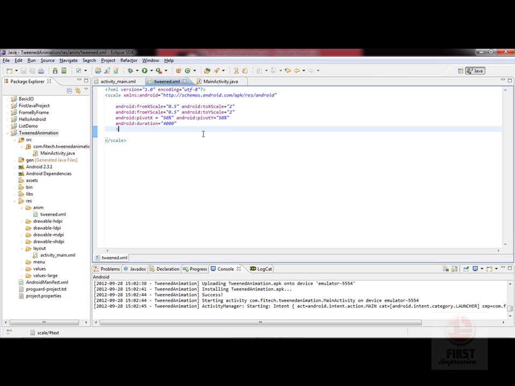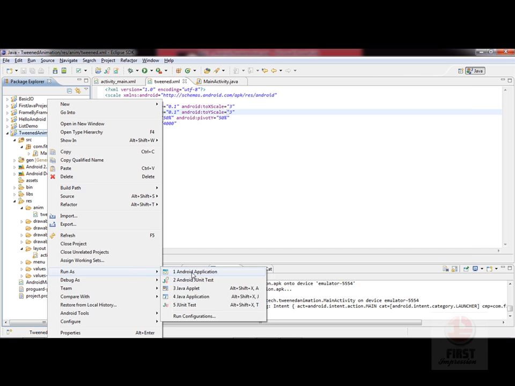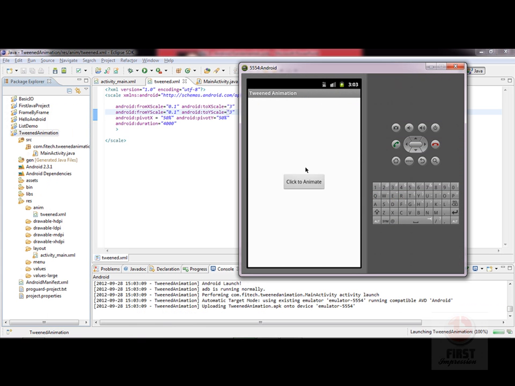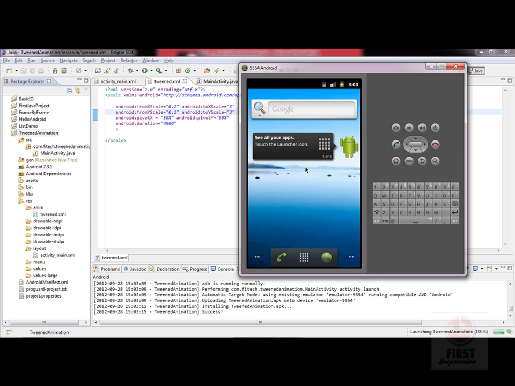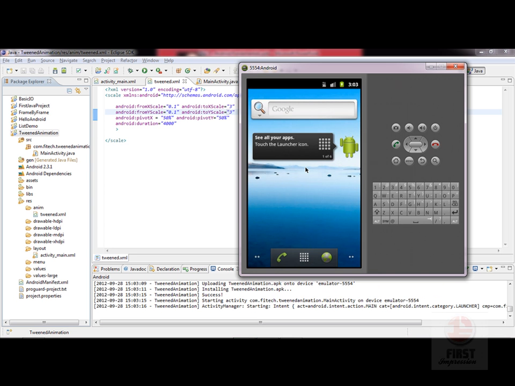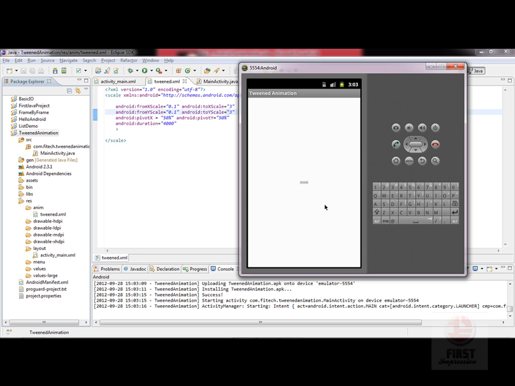If I go to the XML file now, let me make it from 10% of size to say triple the size. So I'll again right click, run as Android application. You'll be able to see that the control will go from very small to very, very big. Click on it. As you can see,